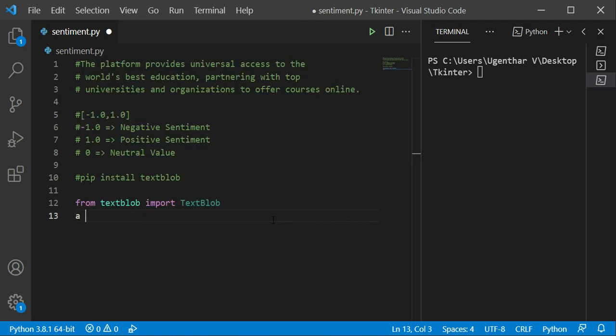Using this, you can generate the sentiment analysis. Let me take an example: your product is good and it gives better results.